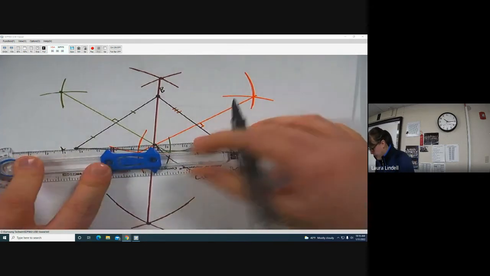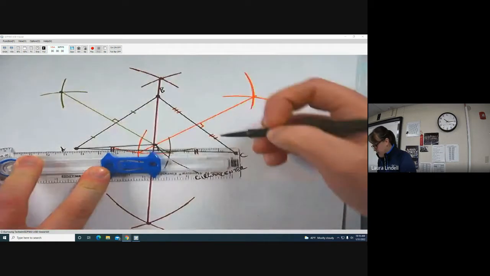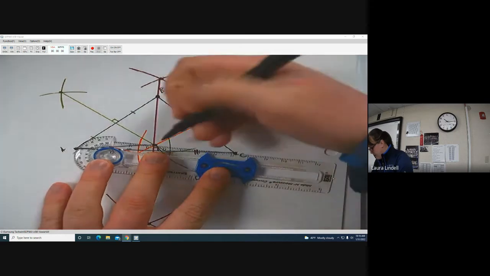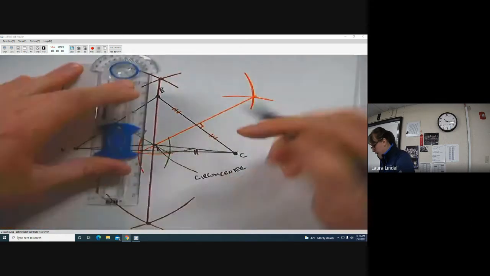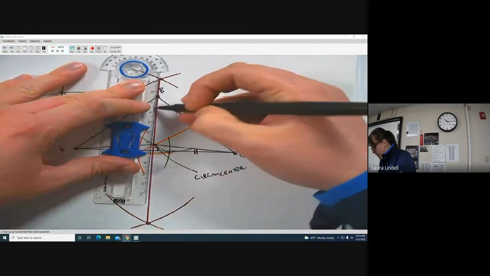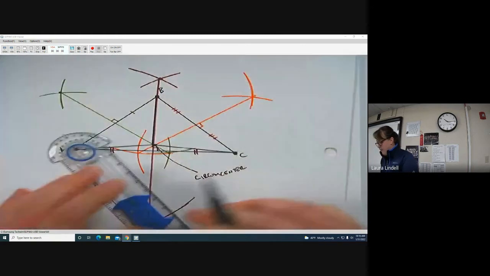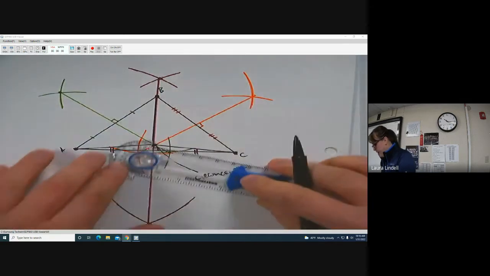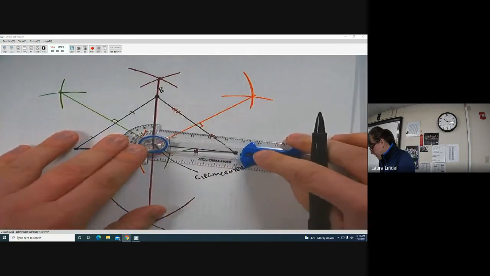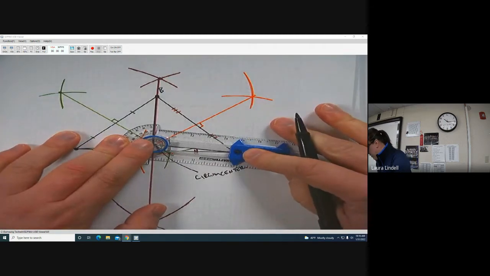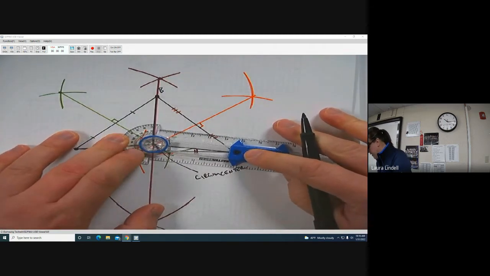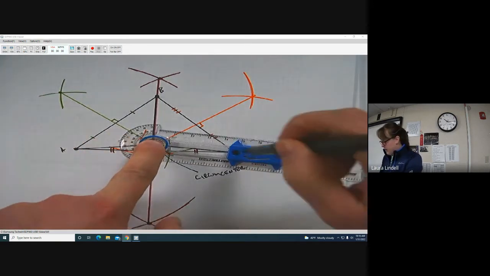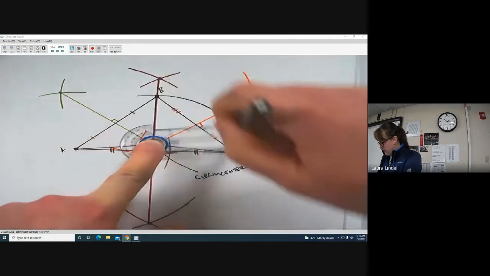You can draw those distances if you would like. You can draw that length from the circumcenter to A, the circumcenter to C, the circumcenter to B. And it's called the circumcenter because if I were to make a circle with the center right here, which I'm going to do, I'm going to make it so that the radius is the distance from that center out to one of my vertices. So if I go through and make this circle,